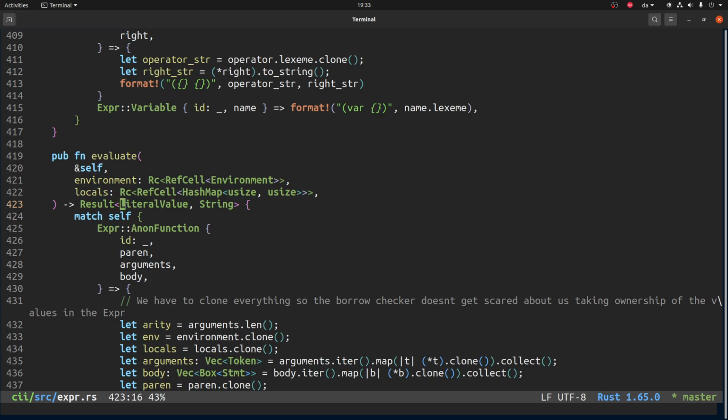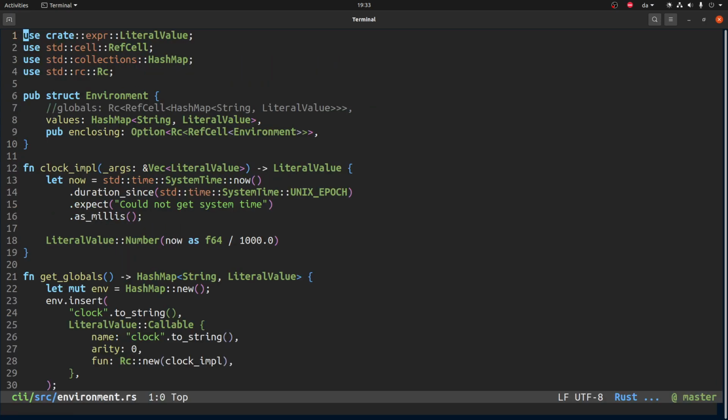So that's why we end up with a problem. And I think we also have to modify the environment then, because it should return these RC ref cells like we have here. Because the literal value is kind of like living in the environment, but we need other places in the code to